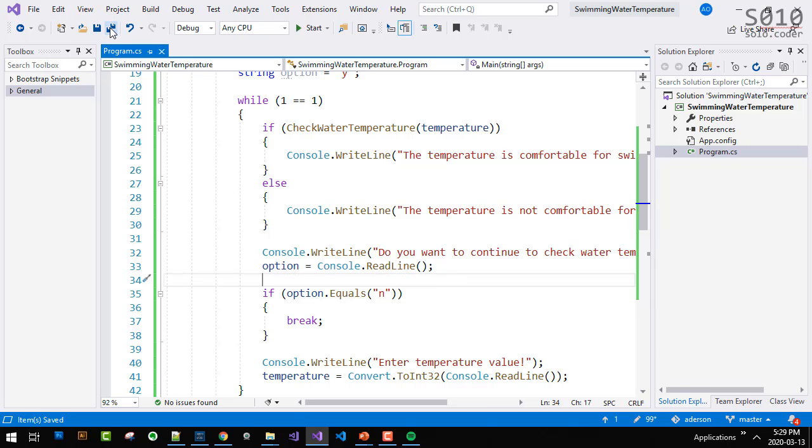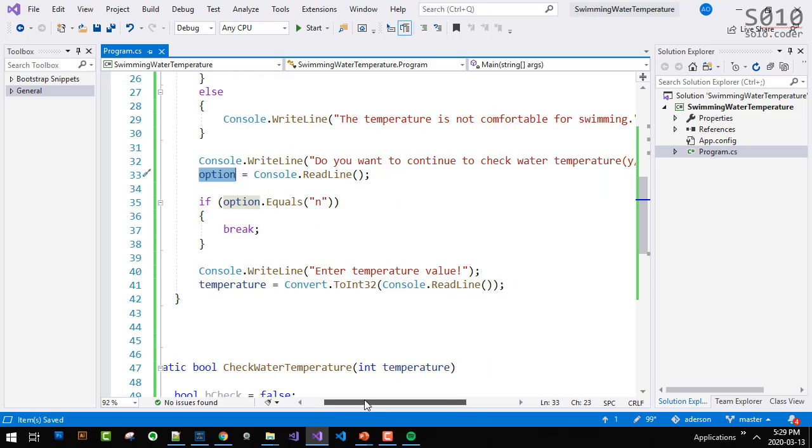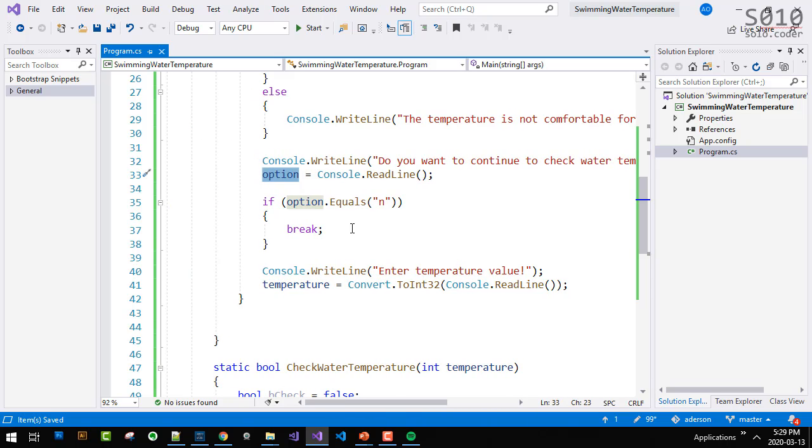Okay, so what I'm getting from the code is this. Well, first, this is forcing an infinite loop, correct? Yeah, okay. It will be infinite. I also think that there is a better way to handle that, but I'm going to leave it for now. And then what it's doing is reading the option. Do you want to continue to check? Yes or no? Great, that's fine. So if I put in no, it breaks the loop. Good. Does it work? Yes, it works.